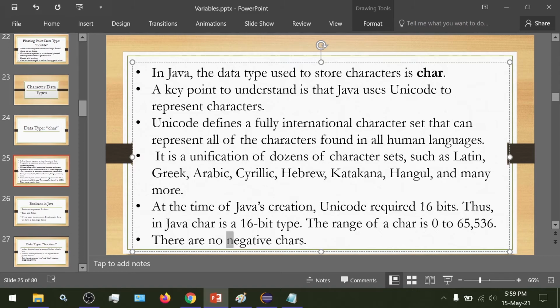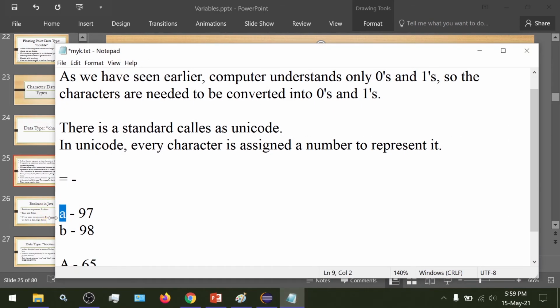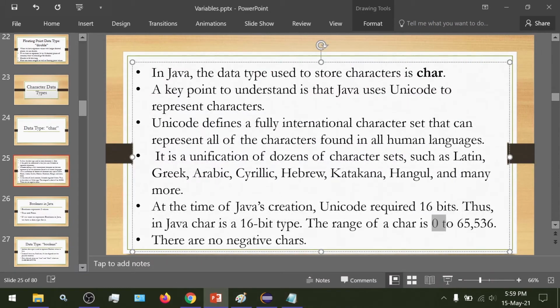And there are no negative characters, just as we saw that numbers could be positive or negative. But for characters, there is a mapping that maps every character to a number. So all the characters are mapped to positive numbers. There are no negative numbers mapping to any characters. Then the range is 0 to